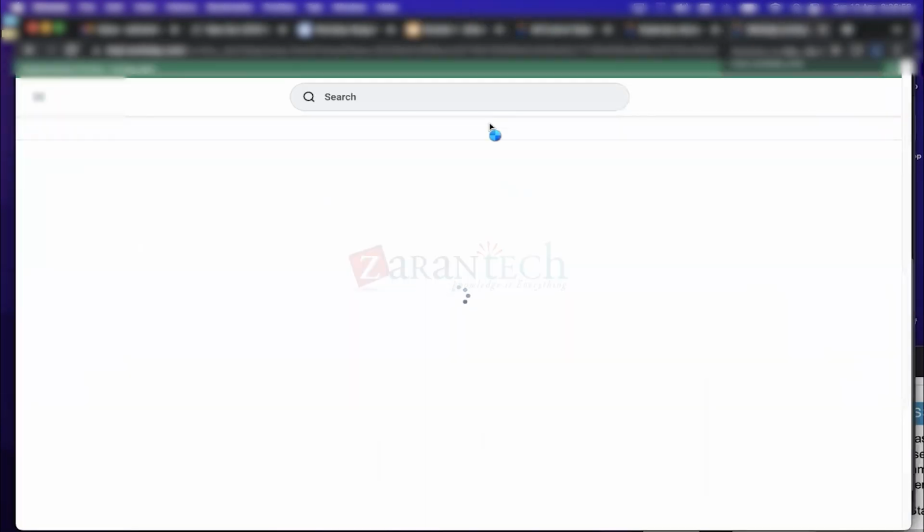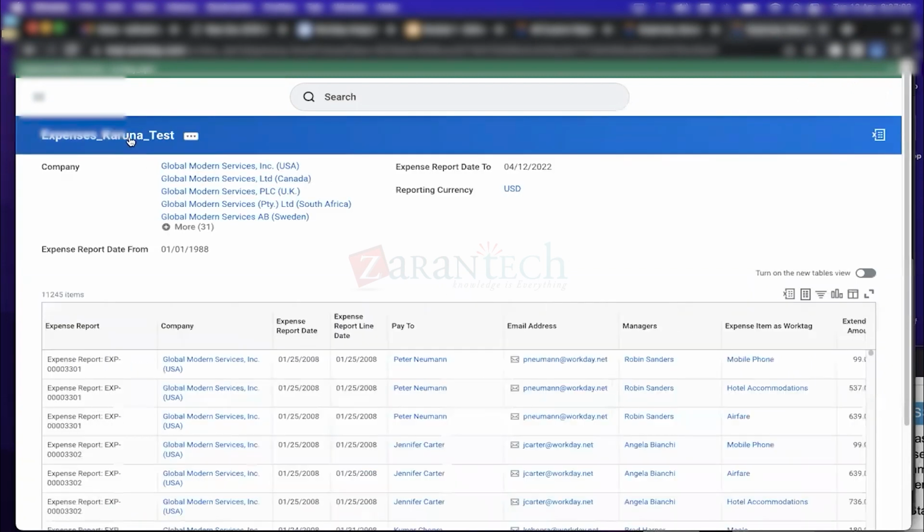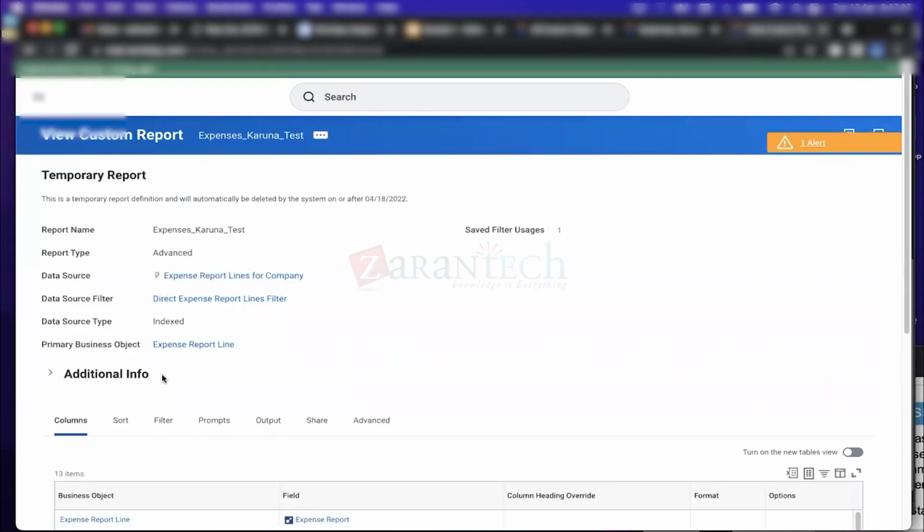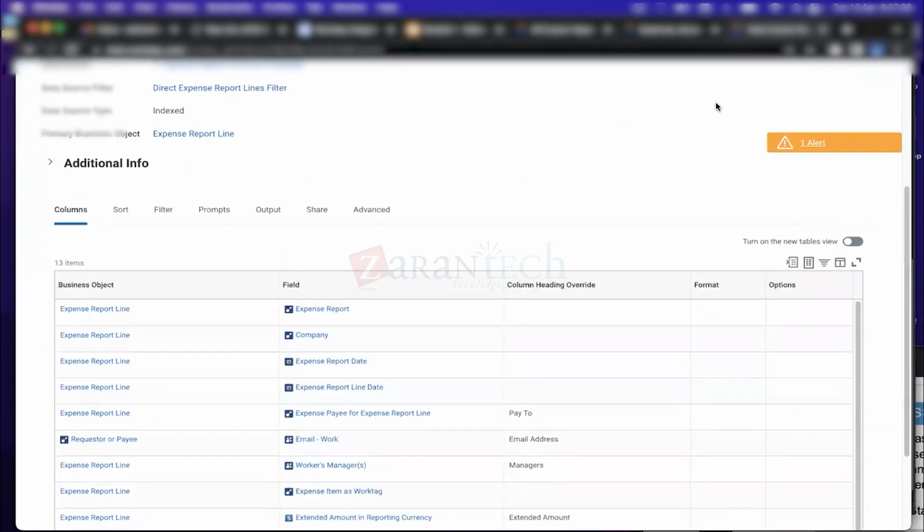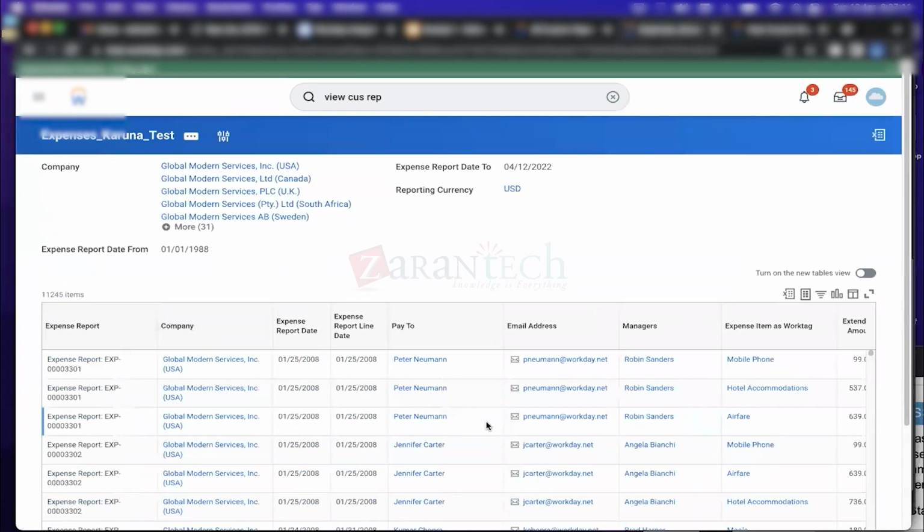If I just open it in a different tab, so I have opened this. The definition is on one tab, this one, and the output is over here. So how do we correlate? That we'll see